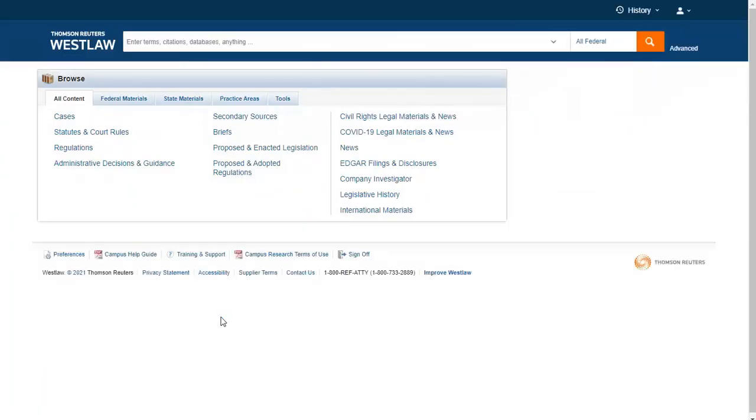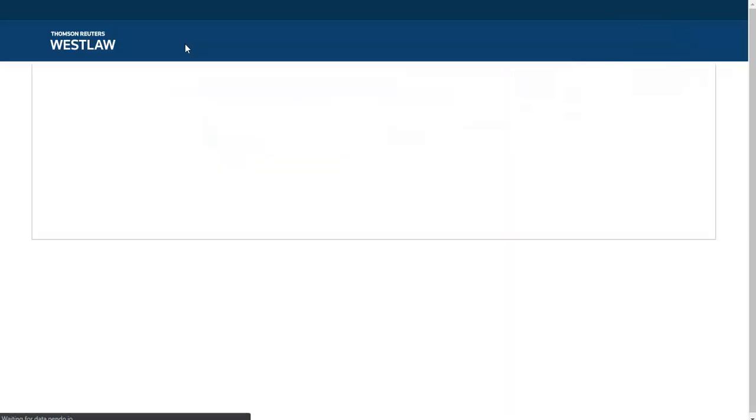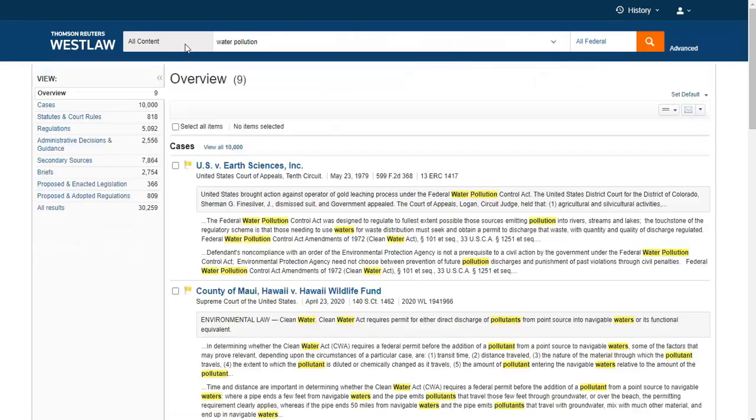The first thing you need to know about Westlaw is that it contains tons of material. It has news articles, court cases, and legislation from all different jurisdictions, and even business reports. All this material means that if you go to this database with the intention of just browsing around, you'll probably become quickly overwhelmed. For example, if I typed water pollution into the search box with the intention of finding laws related to this topic that I'm interested in, you can see that it's really hard to find something in particular from looking at this results list.